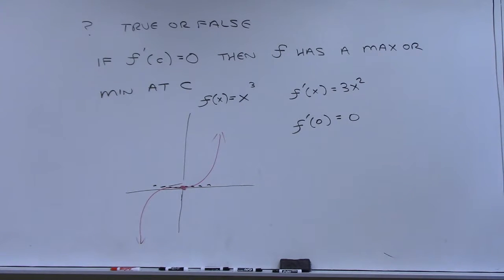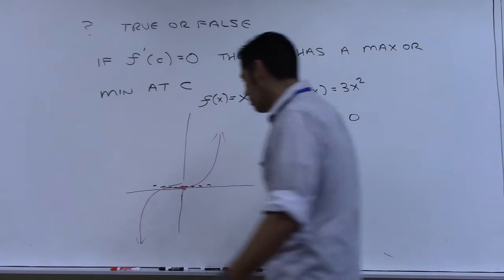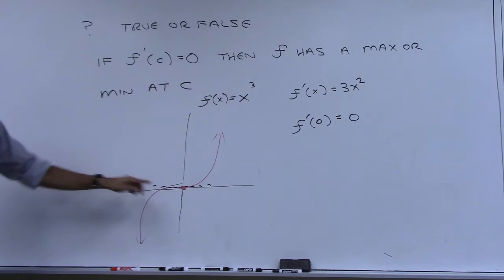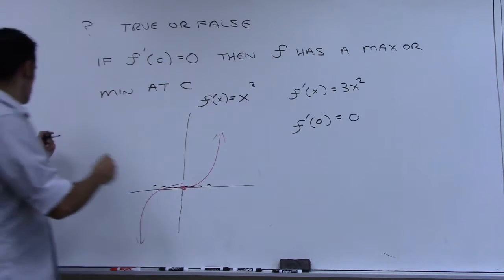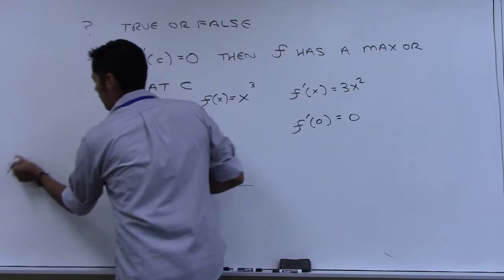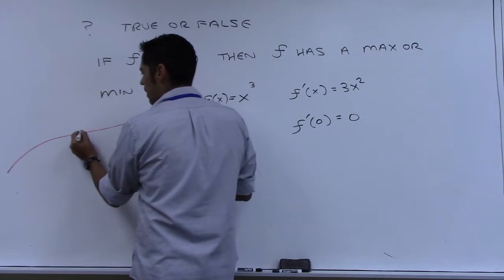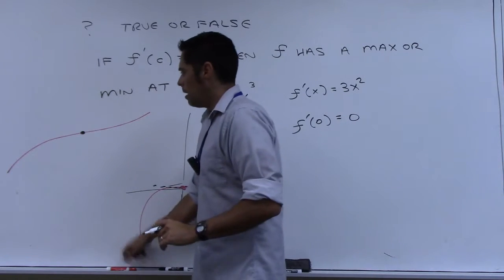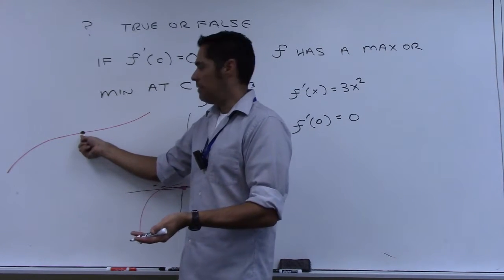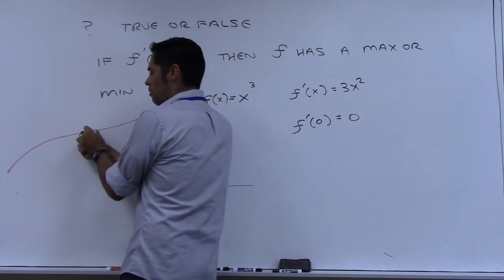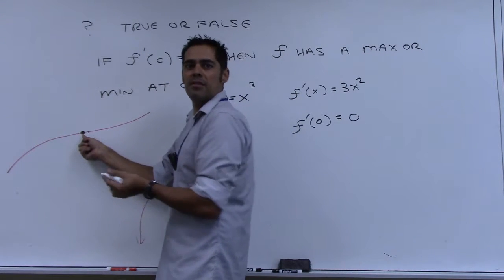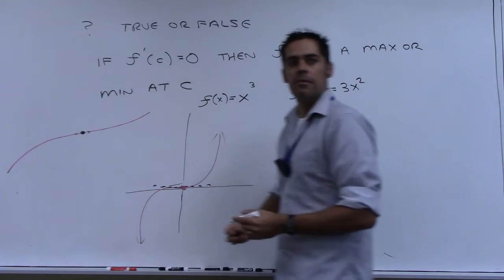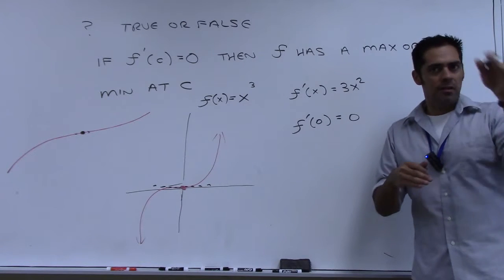If it's local, wouldn't it be a local max or min right there? This would be neither. Let's zoom in on that. It's happening right around, well, that's not a very good drawing. It should flatten out a little more. But you cannot say that that's the highest point on the graph because if you just go to the right of it, there's a point higher. You can't say it's the lowest because if you just go to a point to the left of it, there's a point lower. So it doesn't have that valley-looking thing. Do you all see that?